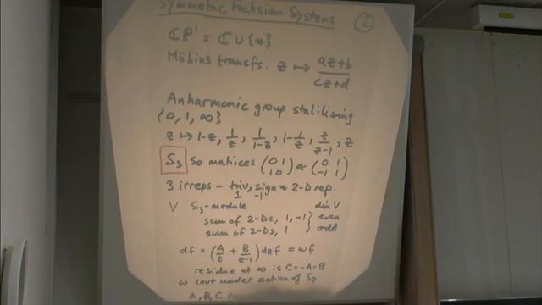So now what you take is an S3 module, for the symmetric group on 3 objects, V, and you assume that if it's even, it breaks up as a sum of 2-dimensional representations like that, and then a trivial and a sign representation. And if it's odd, it breaks up as a sum of 2-dimensional representations and then just 1 copy of the trivial representation, or it could just be 1 copy of the sign representation. It doesn't really matter.